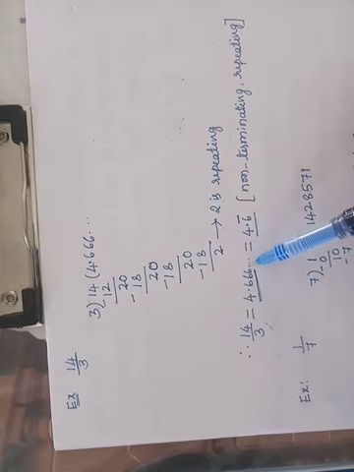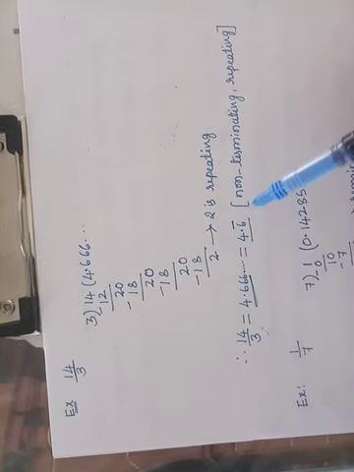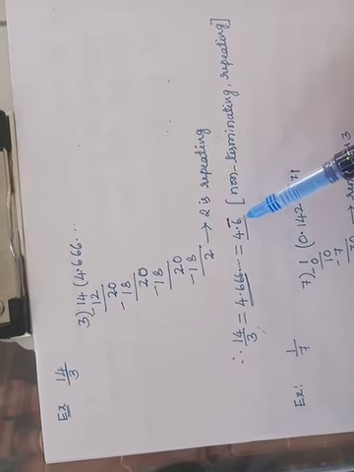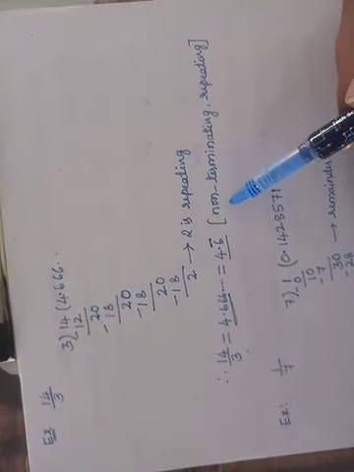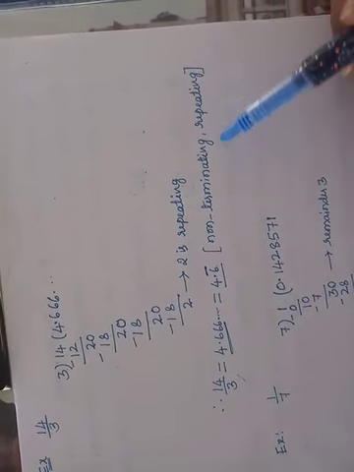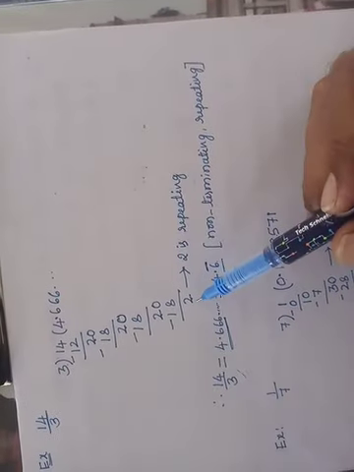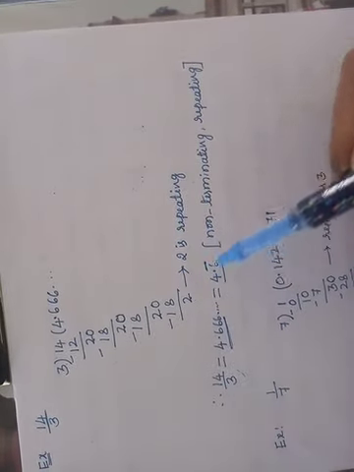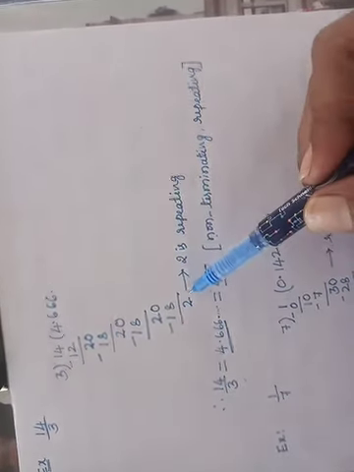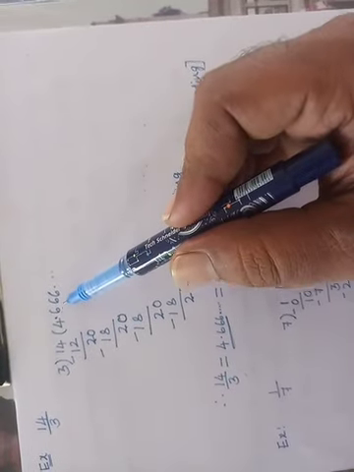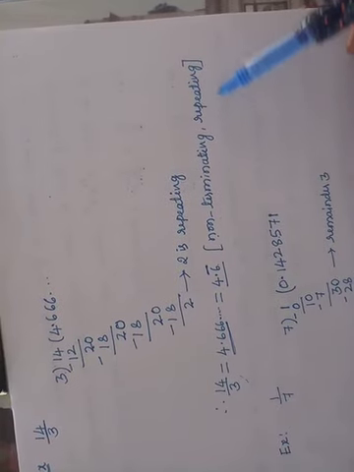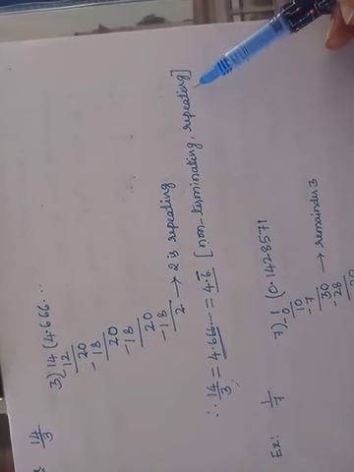4.666. 6 is repeating here. It can be written as 4.6 with a bar above. This bar above indicates what? 6 is repeating. Therefore, we can say this is non-terminating repeating, because there is no end. The remainder is not equal to 0 here. So this is non-terminating but repeating. See, 2 is repeating as the remainder, or here the quotient digit 6 is repeating. So this is a non-terminating repeating decimal expansion.